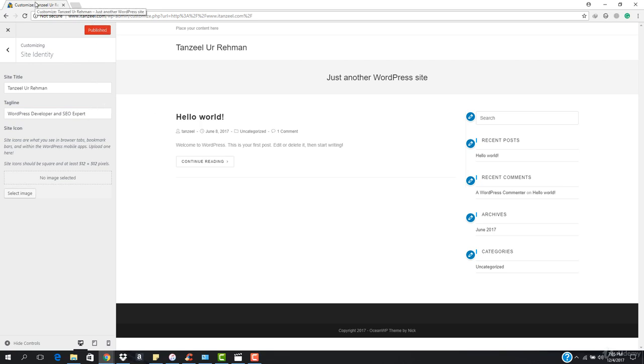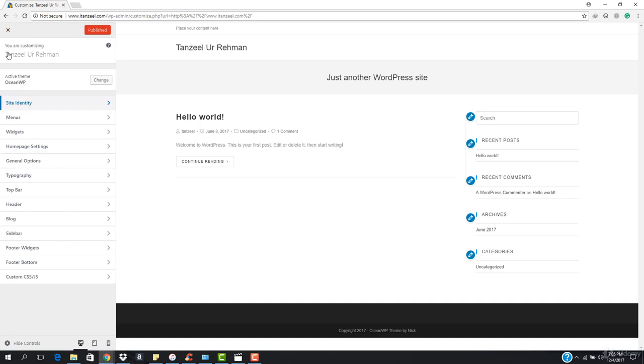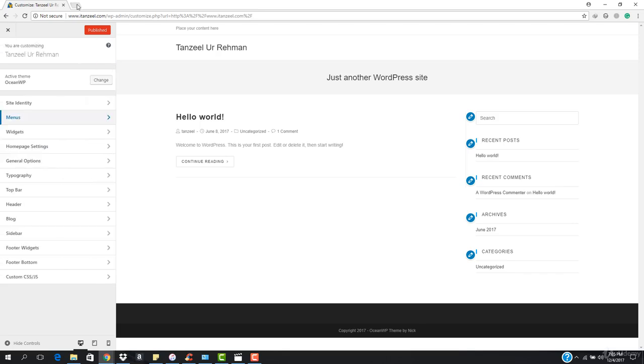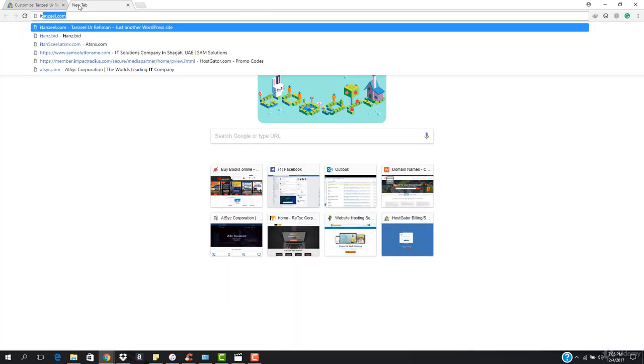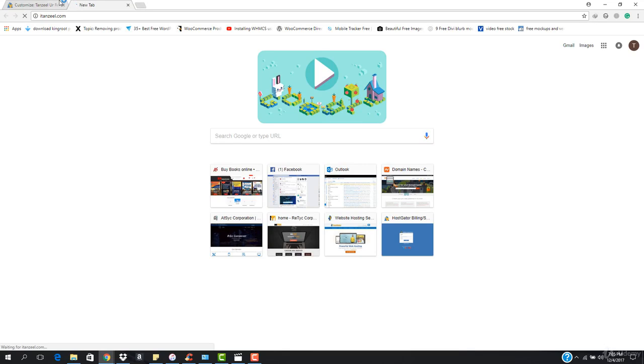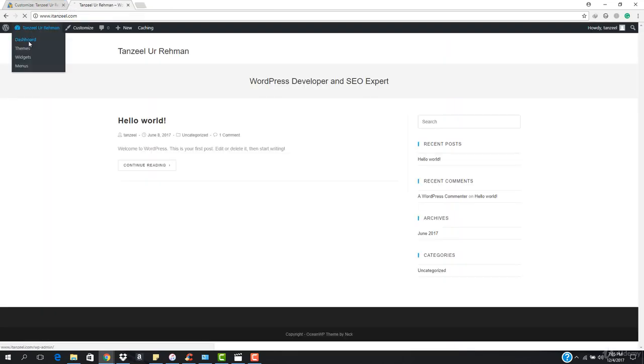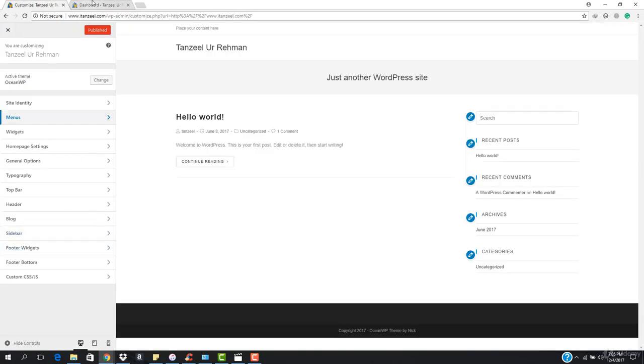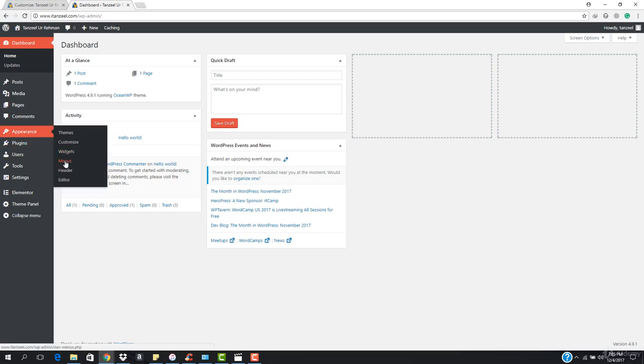You can see that my site URL should be changed. I'm going to go back, and now here in the menu section I basically want to create a new menu, and then I want to assign it right here. So we're not going to go here directly, but I'm just going to tell you another method. And that is to just go to the dashboard of our website, and then we have to go to the menu section. Don't use the customizer menu, just always try to use this type of menu,